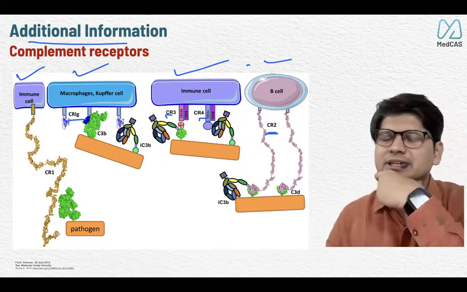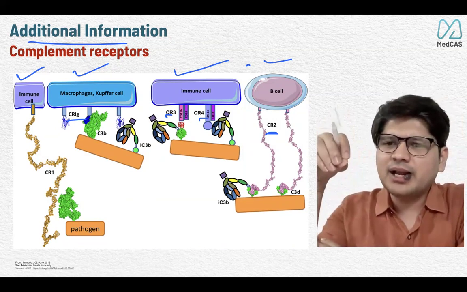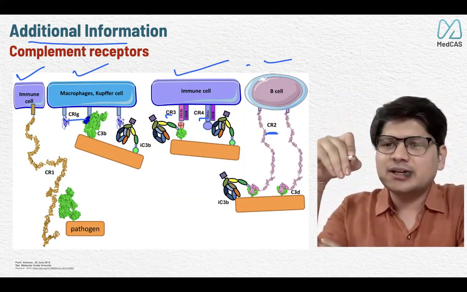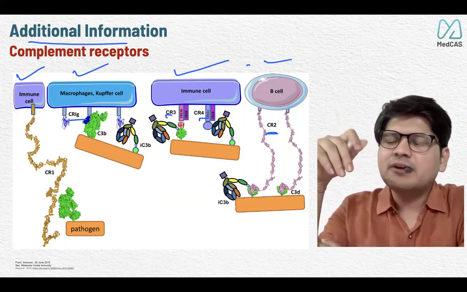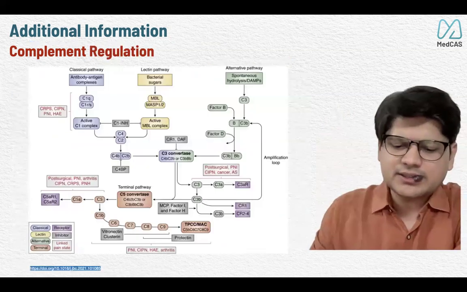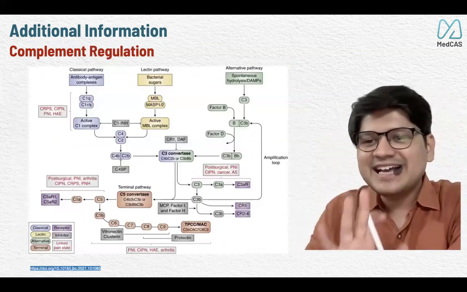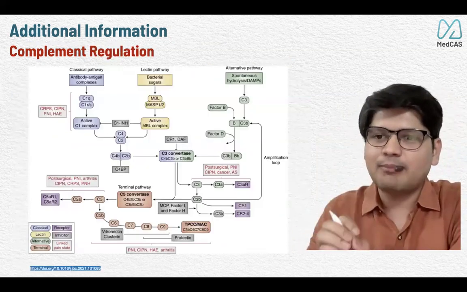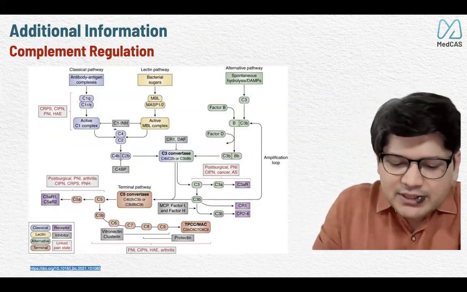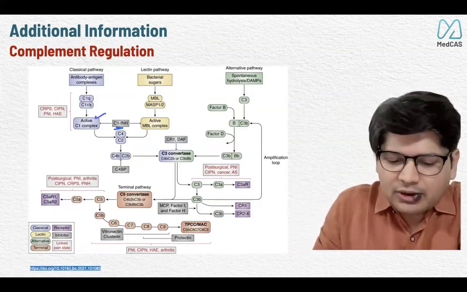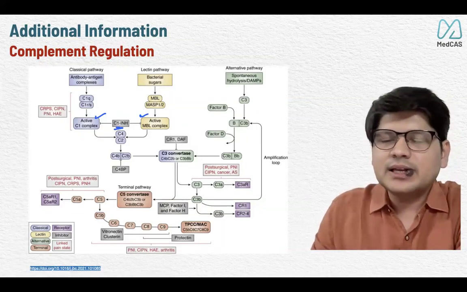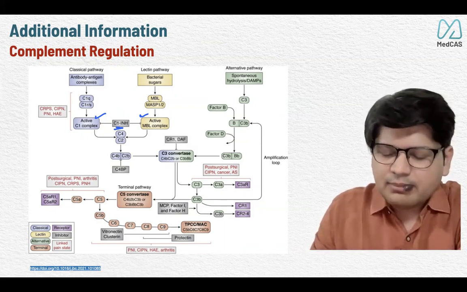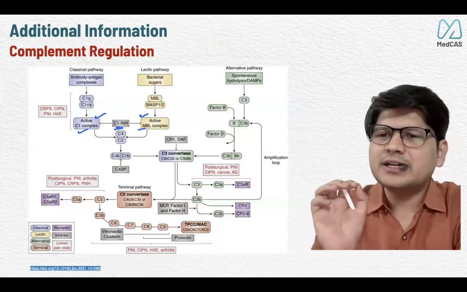Then I told that they are located in the plasma in inactive state. They are in inactive state. So there must be some regulatory factors which are keeping them inactive. And what are these regulatory factors? Again, a busy diagram. Not to worry, just look at the gray part. C1 inhibitor is natural inhibitor to the complement part and all in the C1 part. So this is the regulator of the classical and the lectin pathway. When C1 inhibitor is not there, you can imagine this is completely active and patient can get hereditary angioedema.